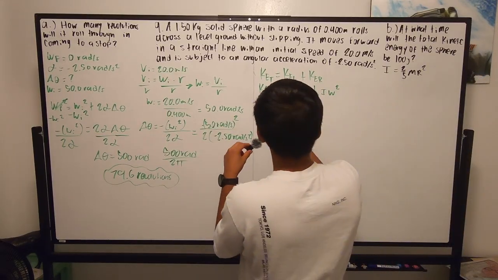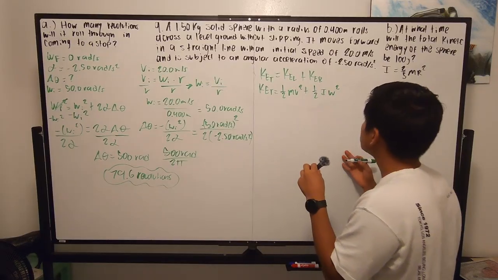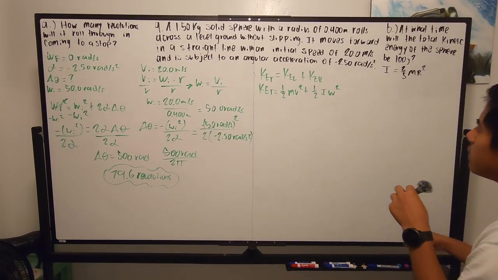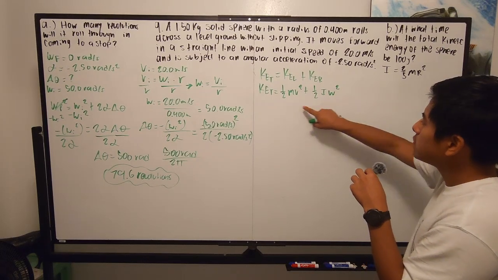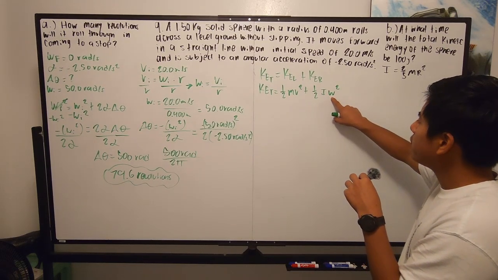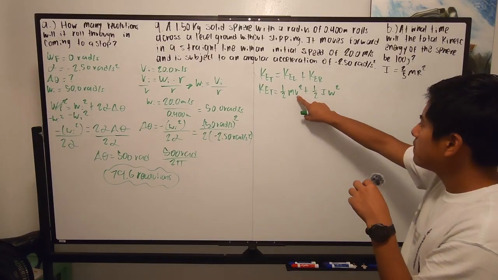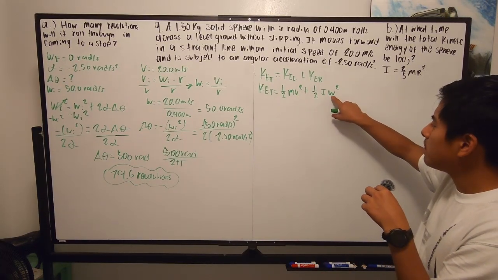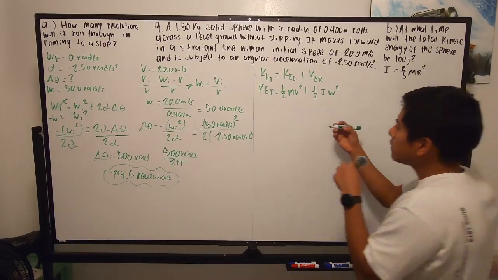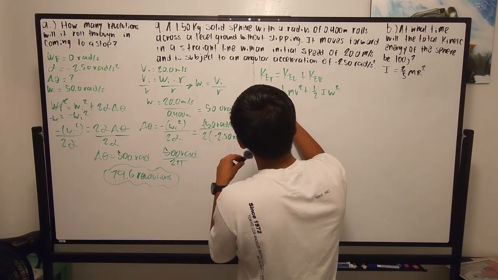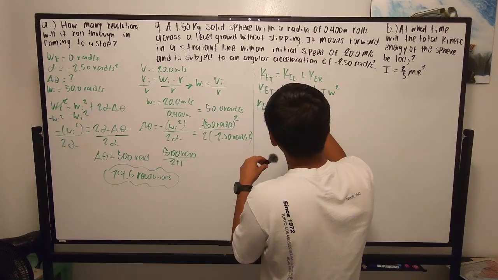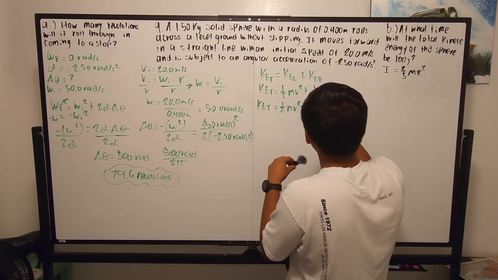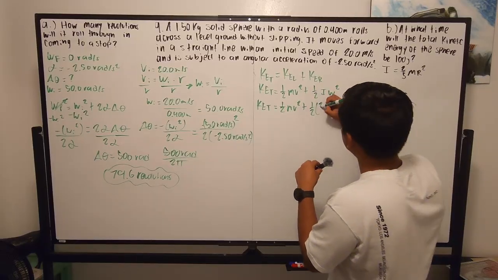Now I'm just going to do this right here. Actually, first, the way that we're going to find this is we're basically going to find when omega final, because we know, not omega final, but I'm going to change this into linear. So I'm going to get omega in terms of V. So KE_T is equal to 1/2 mv squared plus 1/2, and then I'm going to plug in that I, which is 2/5